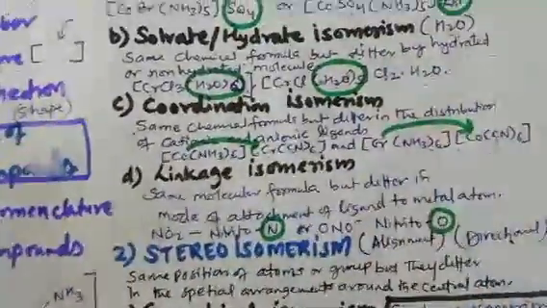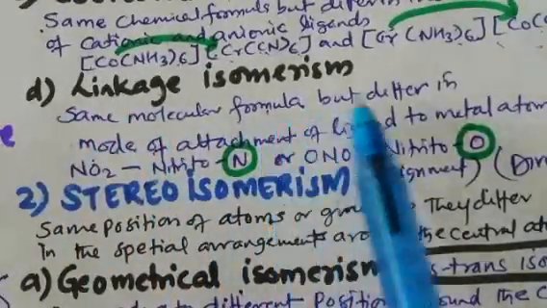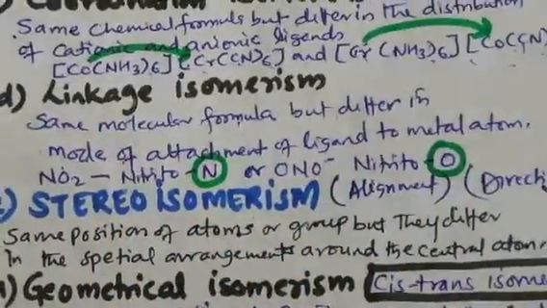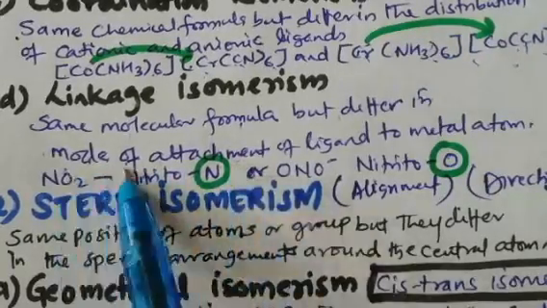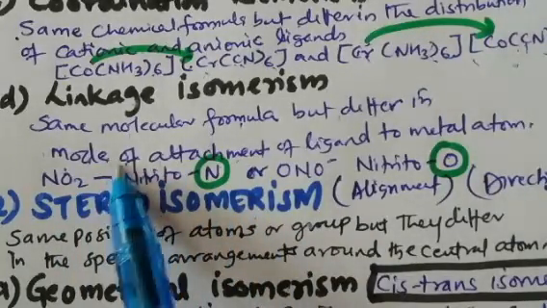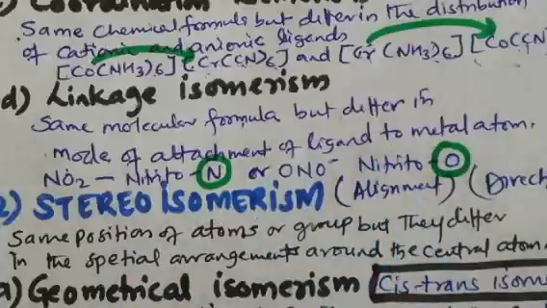Next is linkage isomerism, where the molecular formula is the same but they differ in mode of attachment of ligand. मोड ऑफ अटैचमेंट मतलब जिस माध्यम से या मीडियम से ये अटैच हो रहे हैं लिगेंड. फॉर एग्जांपल हियर